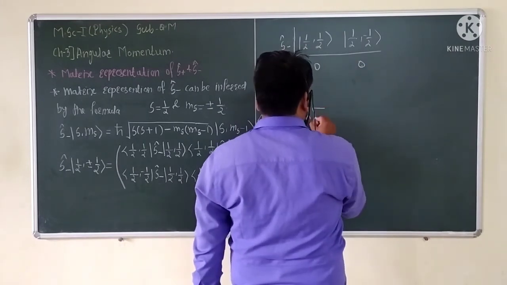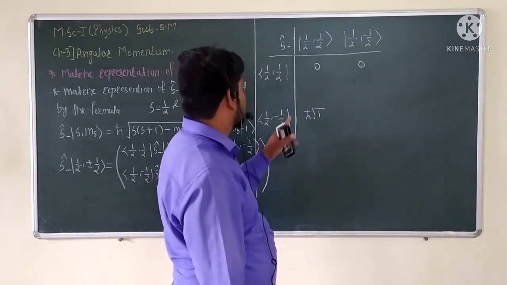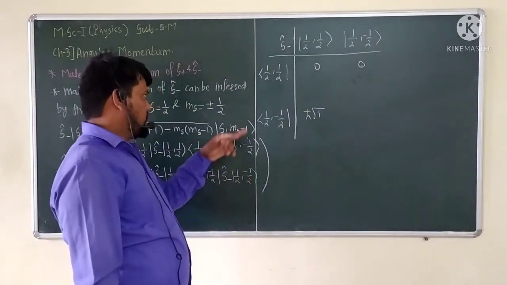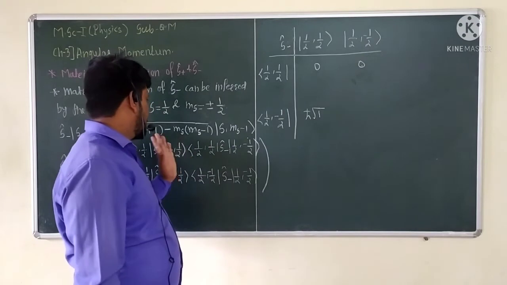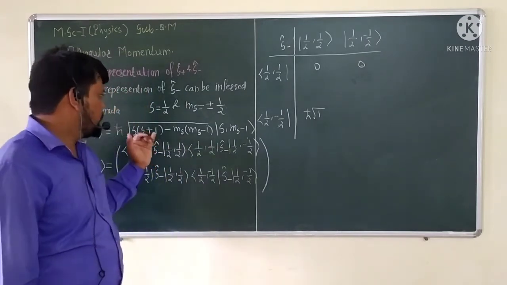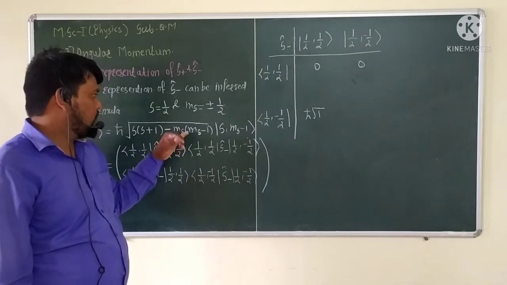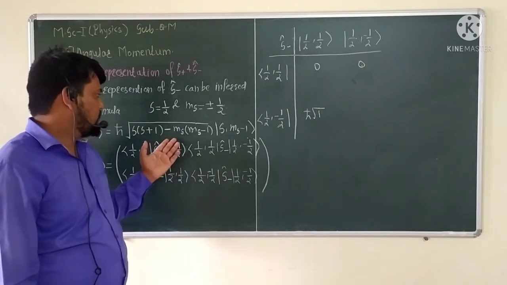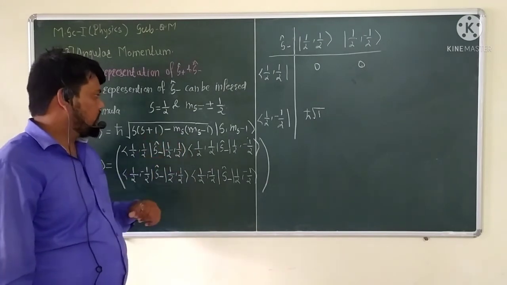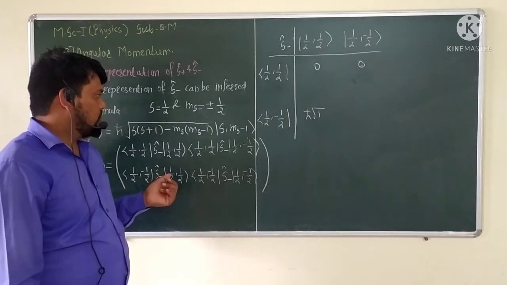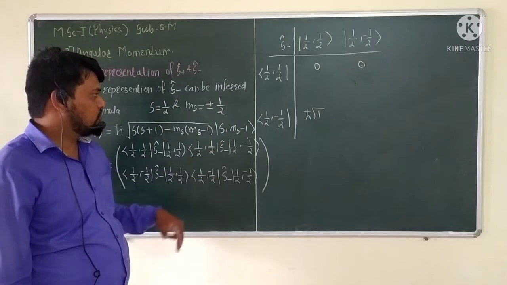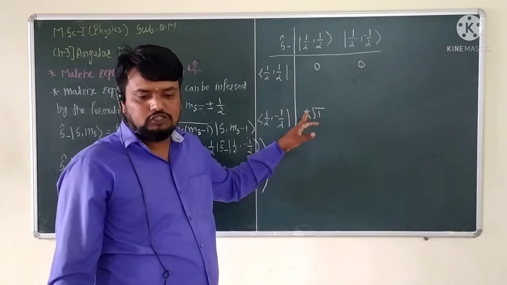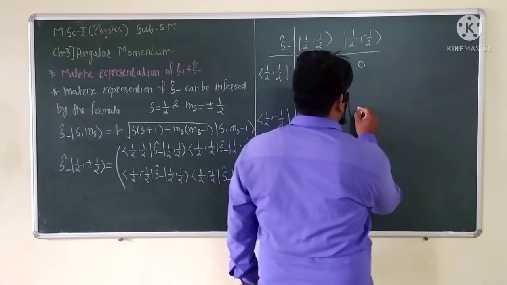The value for bra of half minus half and this ket half half, we get h cross into root 1 because of y, so that ms value is half. And if we do the calculation, 3 by 4 minus half into half minus 1, so this is 1 by 2 into 1 by 2, that is plus 1 by 2, and this gives 1 by 4. This 3 by 4 and 1 by 4 is nothing but the square root of 1, and this ms is half minus 1, so this is minus 1 by 2, so we get this value. So that's why this is h cross into root 1, and this is also 0.